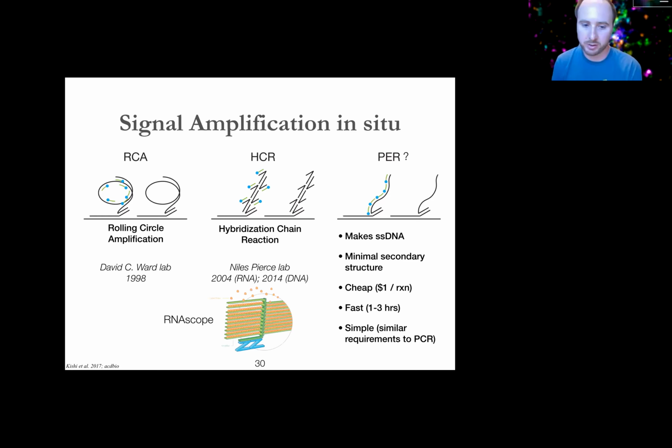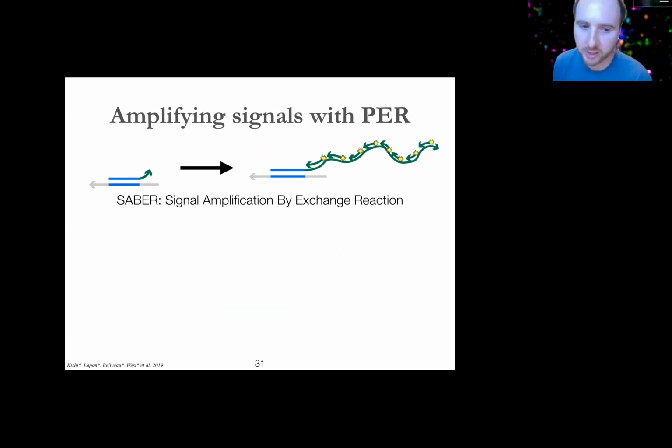the HCR approaches. And so conceptually, what we're thinking about essentially is making something quite similar to the RNAscope product you can buy, but a little bit more on the order of providing a toolkit for researchers to do something in their own hands cheaply, as opposed to making a product that someone would have to buy pre-synthesized at a reasonably high price. And that is the genesis of SABER, or signal amplification by exchange reaction, or by PER, which is a term that Josie coined that I think is quite clever.